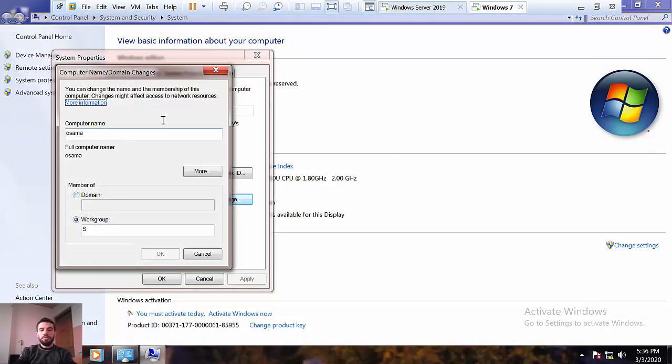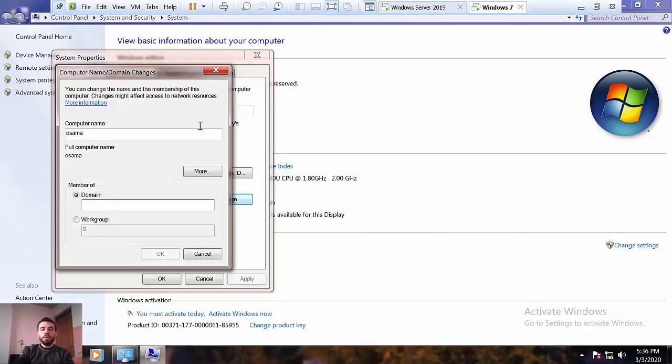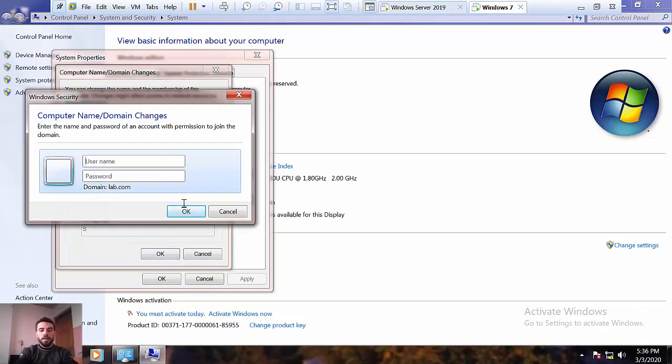Now just go here, as we talked about how to change, and then domain, and I want to add the domain of the server. Just go to the server and you can see here lab.com. Maybe on your computer there is a different domain name, not just lab.com, maybe another name, but on my server it is lab.com. So just go here, lab.com. Now okay. Now we should add the username and password. Just add here, and you can use the administrator